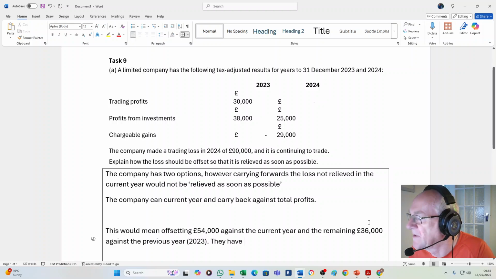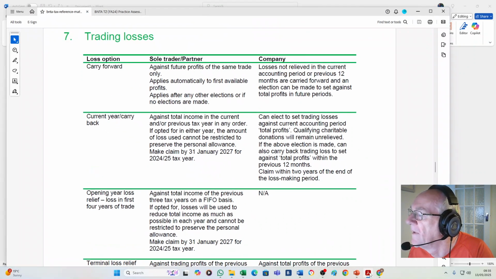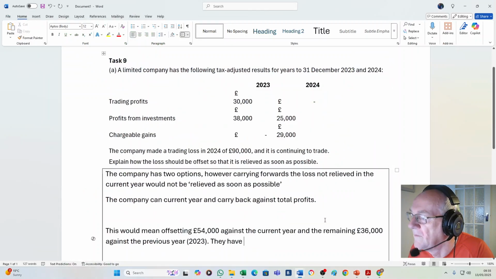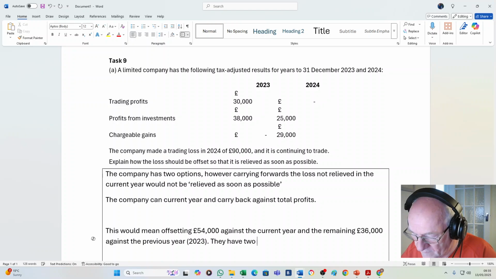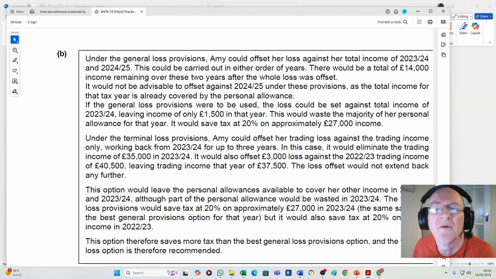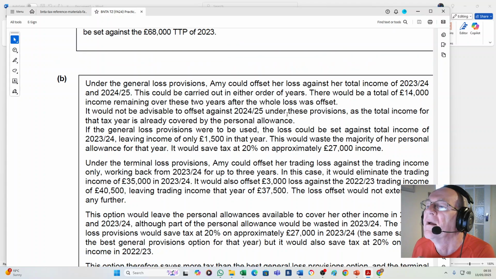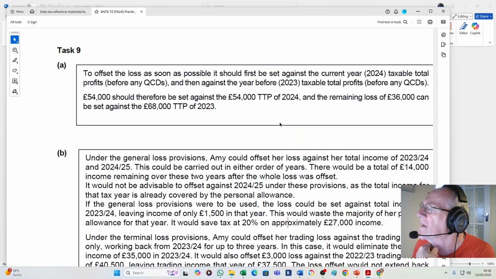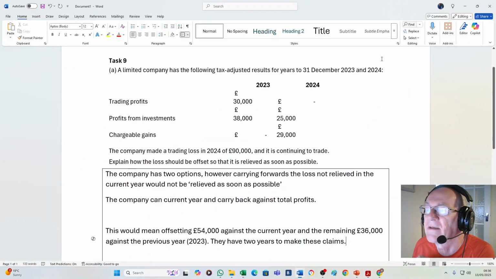and again, let's be precise, you've got the reference material in the exam. There we are, and that should be enough. There's not much more we can ask about that one. Just have a quick check. So no, it's just that one, because I've got plenty of total taxable profits in 23. Yeah, that's all that we need to get into that answer.